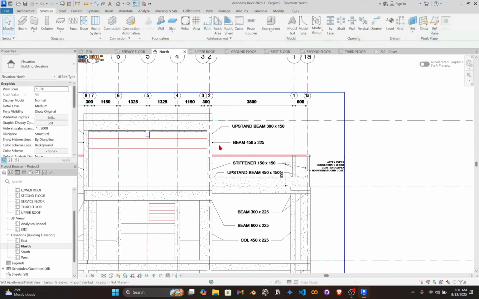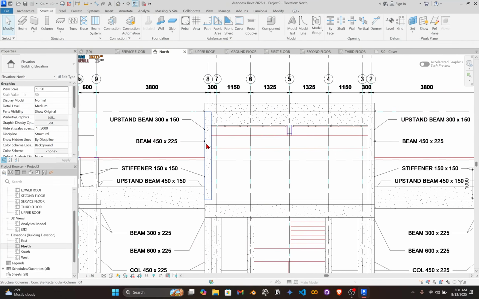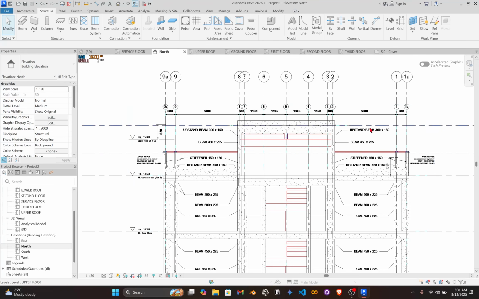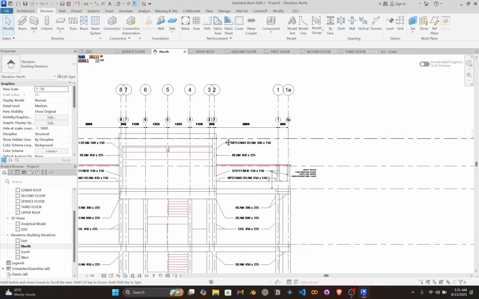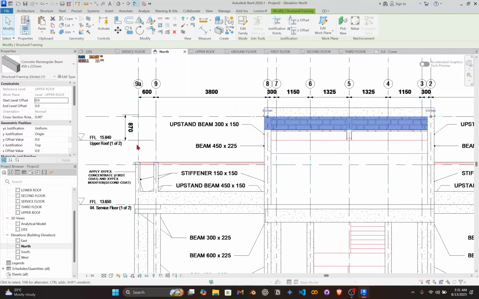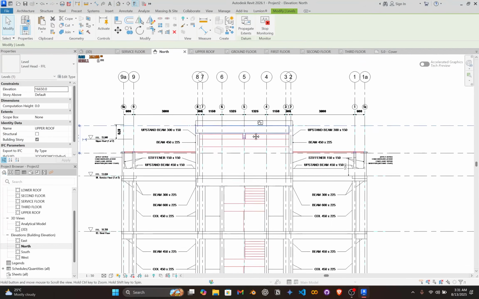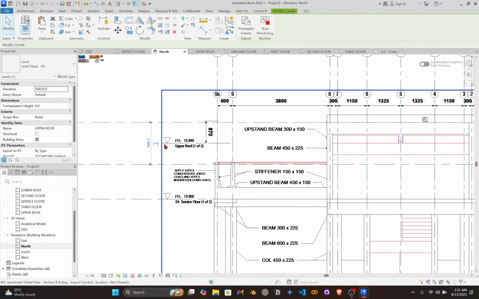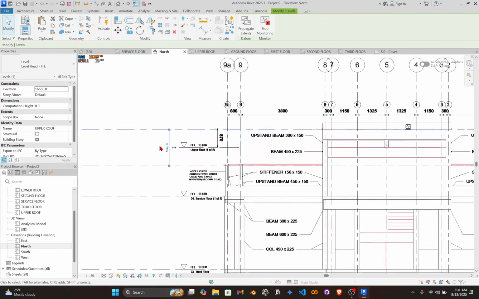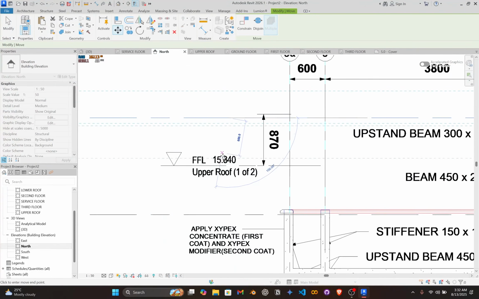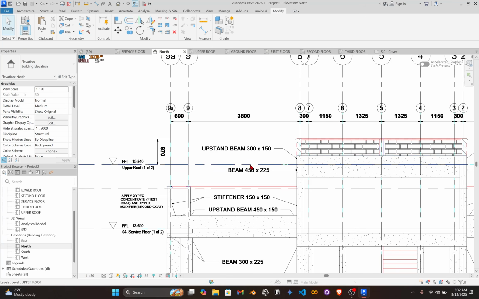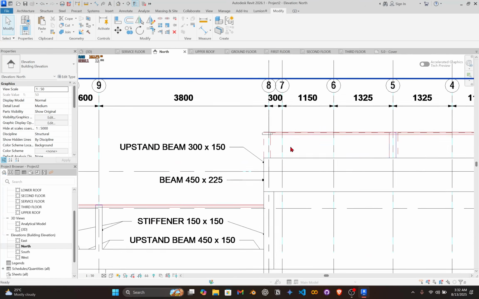Where is our lower roof, our upper roof? Upper roof is here. So it means our upper roof, yes, the upper roof we specified, right? It's actually different from the upper roof in this file. So I'll move the upper roof down. Don't worry. Once I move the upper roof, anything that is on the upper roof will also move